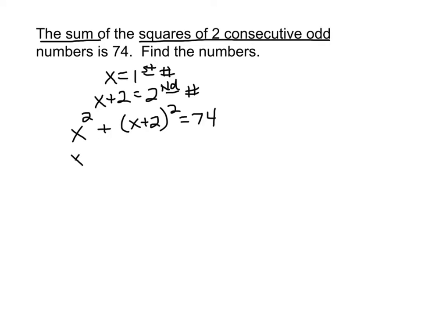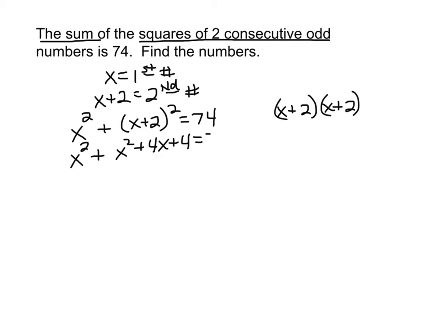And I'm going to do this fairly quickly. I get x squared plus, now x plus 2 squared, remember, means x plus 2 times x plus 2. So I'm going to apply the FOIL method to figure that out. So that's equal to x squared plus 4x plus 4 is equal to 74. Now I'm just going to combine my terms. I have an x squared plus an x squared, so I have 2x squared plus 4x plus 4